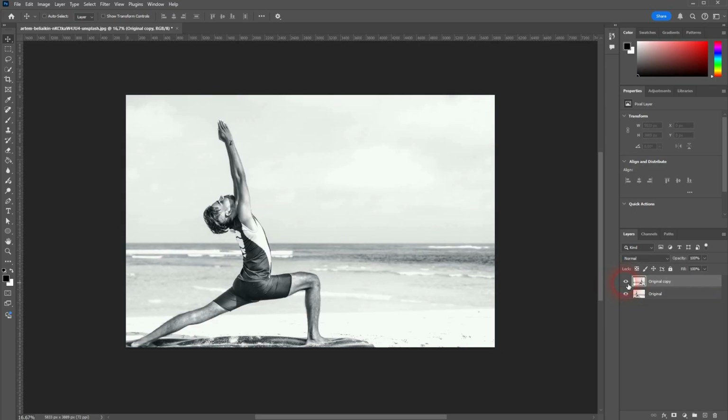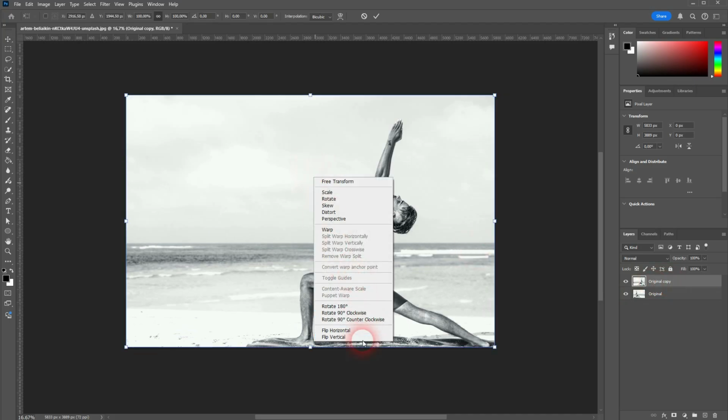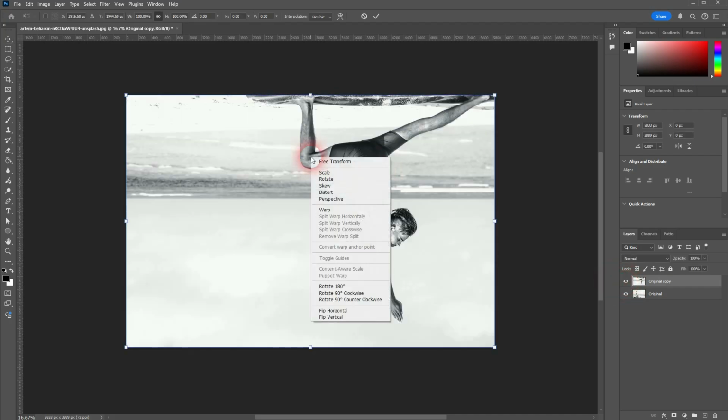flip one. Then press Ctrl T again, right click, I flip it vertically now, and I can confirm with this little check icon right here as well. And that's all there is. So again, Ctrl T is what you need on that specific layer that you want to flip, and you can flip images, shapes, text, whatever is on that layer, with a right click, and then you can choose flip horizontal